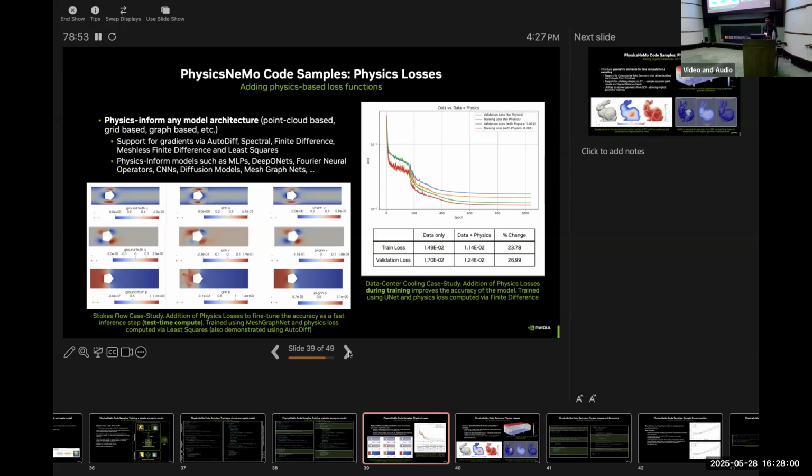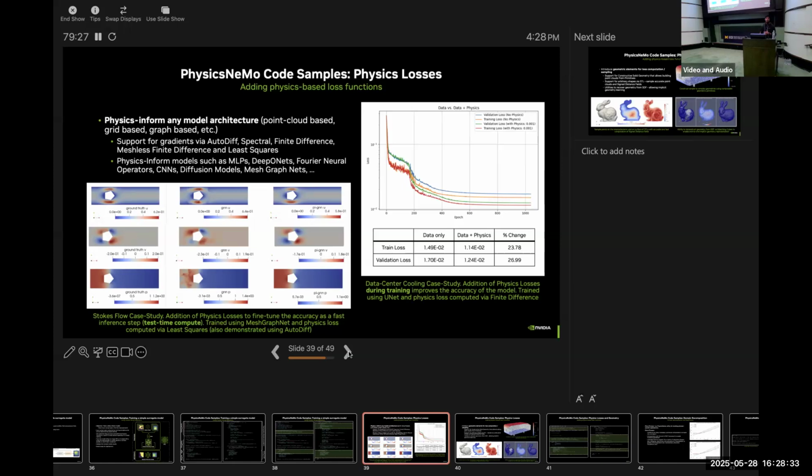So through PhysicsNeMo, we provide the ability to add these physics type of constraints on almost any type of neural network model. So your model can be operating on point clouds, it can be operating on 2D grids or 3D grids, or it can be operating on meshes. And so we allow you to compute these physics-based losses through a variety of different numerical methods as well, like through autodiff, through spectral derivatives, finite difference, meshless finite difference, least squares, you know.